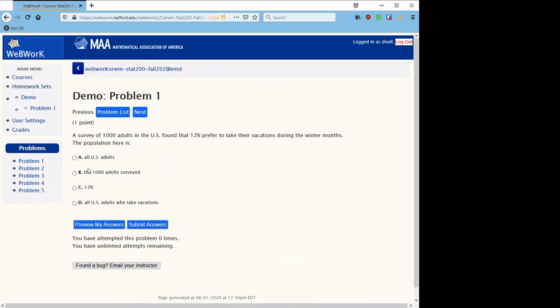Down at the bottom, before I look at the problem itself, it says how many times I've attempted the problem and how many attempts I have left. And then right at the very bottom there's a button that says "found a bug, email your instructor." You can email your instructor even if you haven't found a bug using that button, and that's how you should